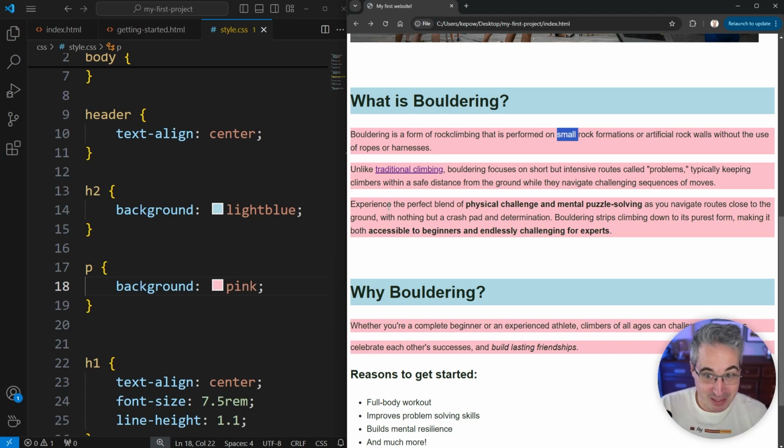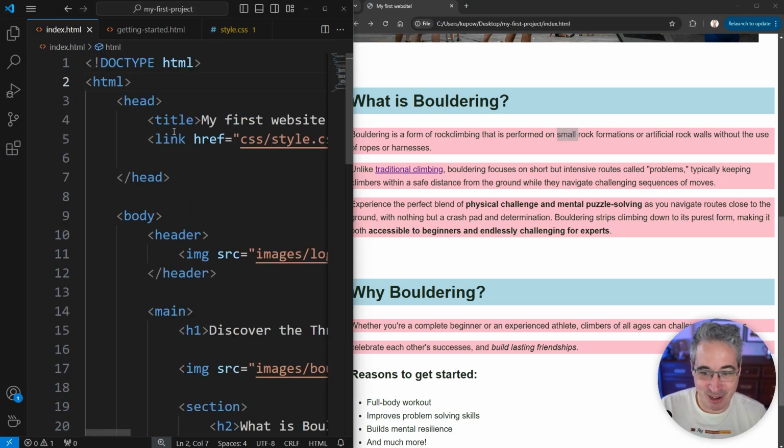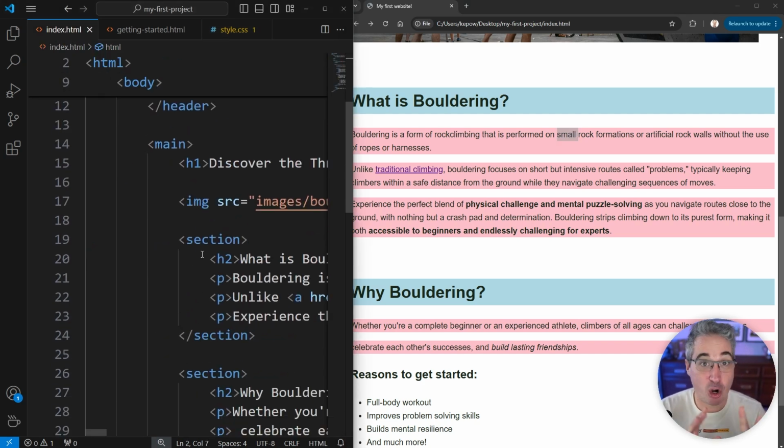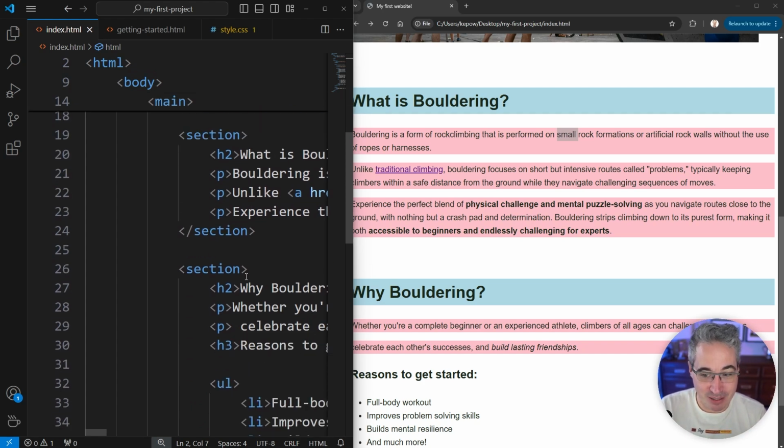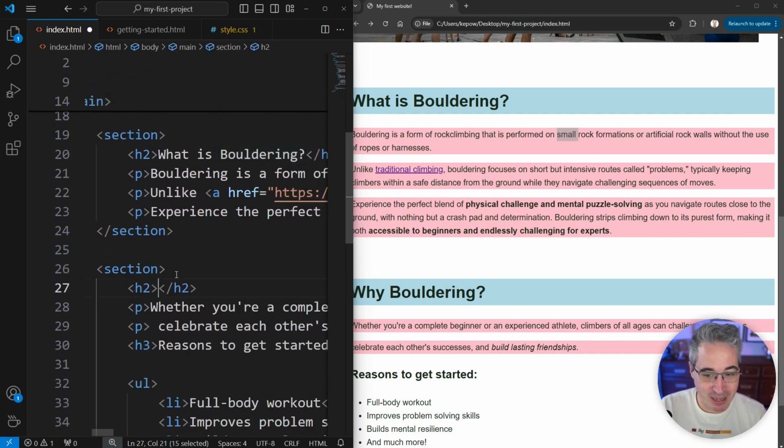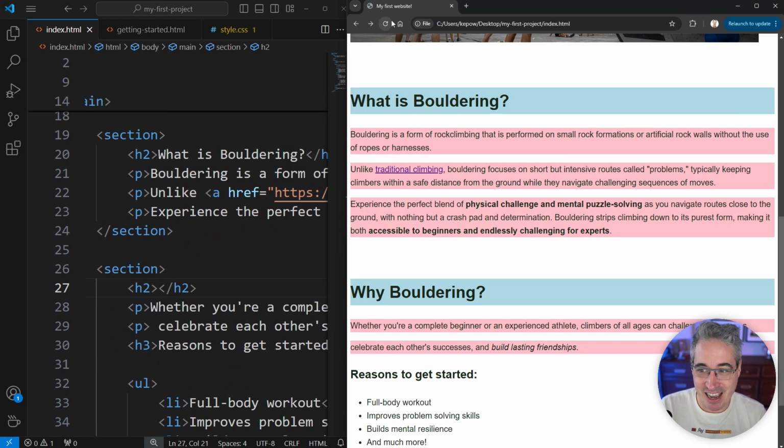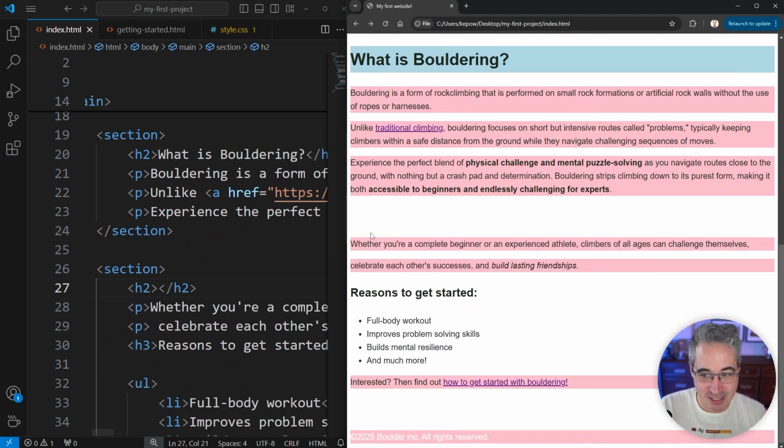The other important thing to know is sometimes people will add background colors on things, and I always encourage people to do that. Add background colors to things so you can visualize the boxes and see what layout you're actually creating. The problem is sometimes we'll add a background color and we won't have any content in there. And if that happens, you don't see anything. So that second paragraph is there, but we don't see that second paragraph because it has a height of 0